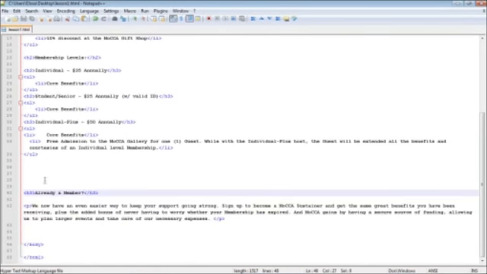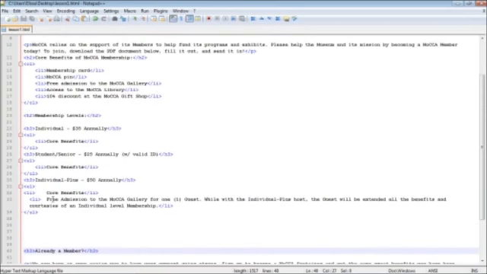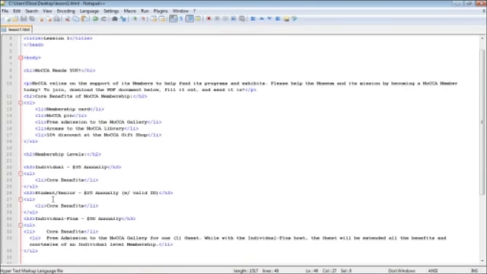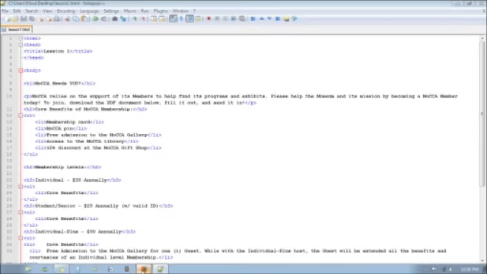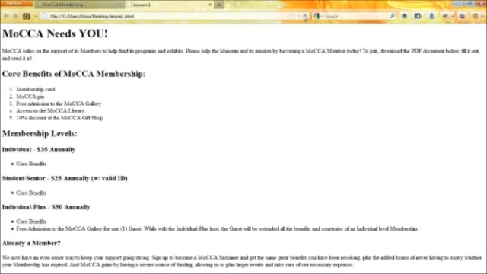Now, as I said, these are the ones that I use the most. A list, which I don't really use ordered lists much, but I do use unordered lists very, very often. And paragraphs and headers. So let's see. There you go. So this actually is really, I think, pretty good looking for a beginner, you know, a beginning